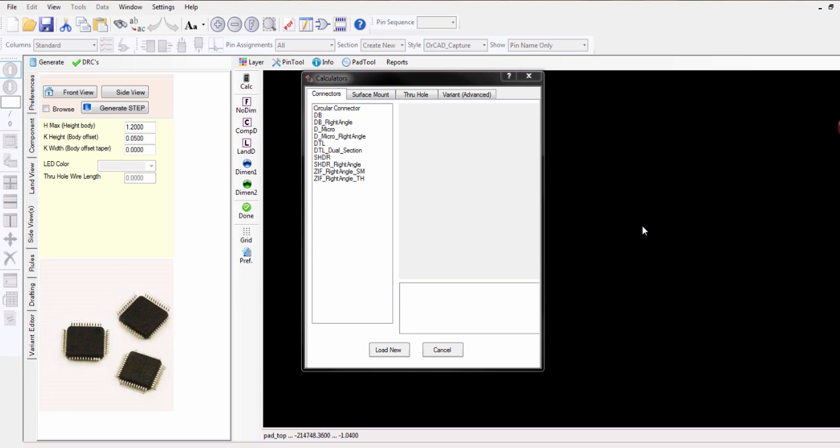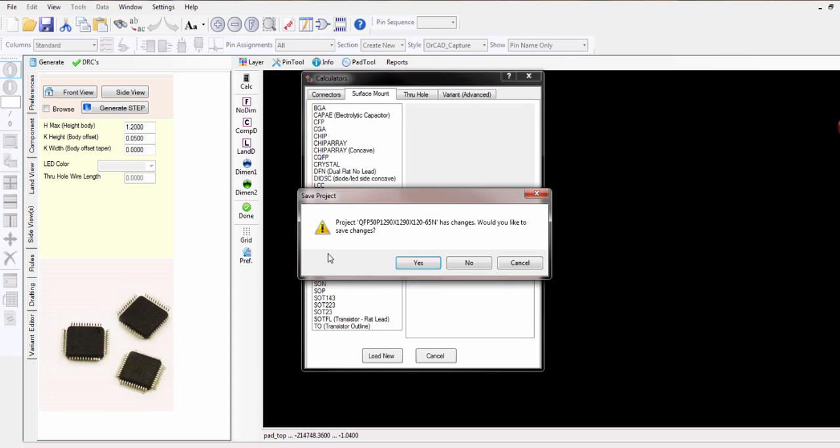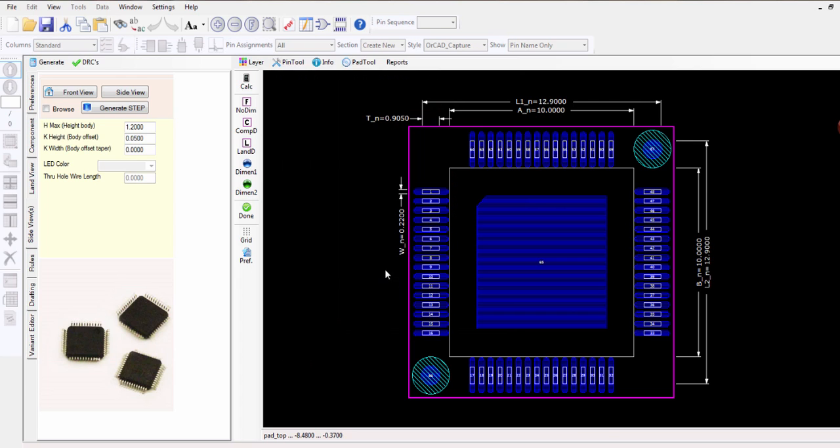So I'd like to show a little bit more detail today on how to generate a step model for a PCB footprint inside of OrCAD Library Builder. So first thing we'll do is I'll choose my template that I'm going to work with. You could make obviously many changes to this if you needed to, but primarily what I wanted to show is